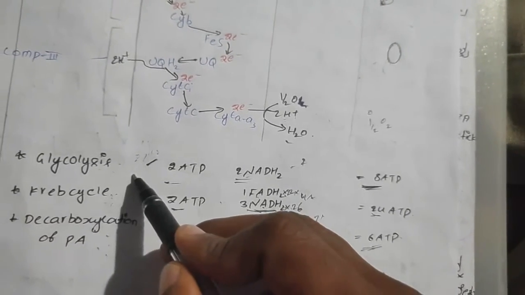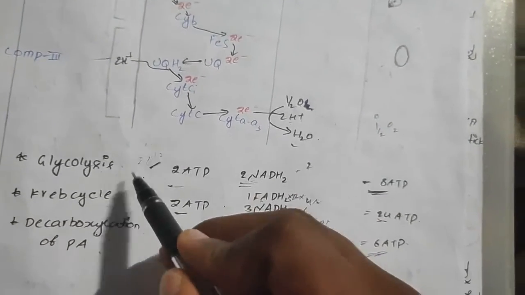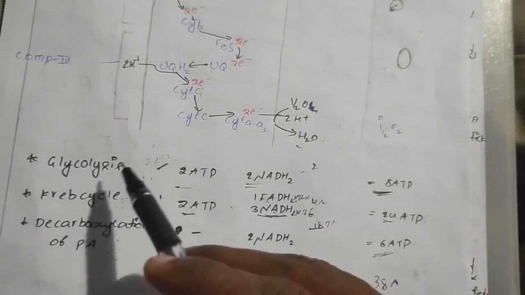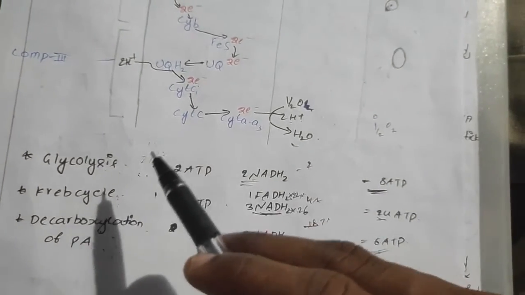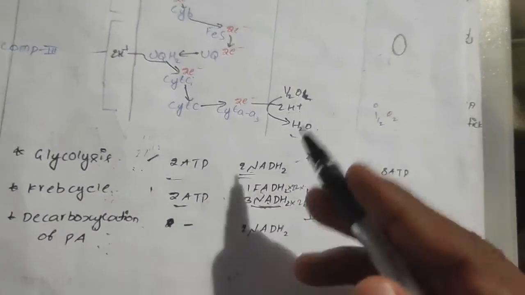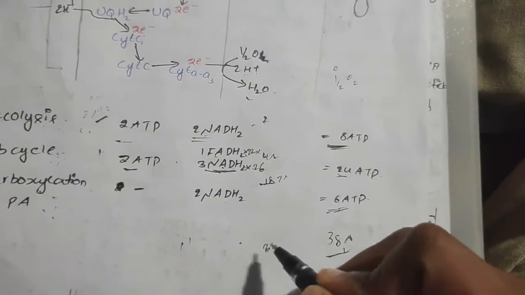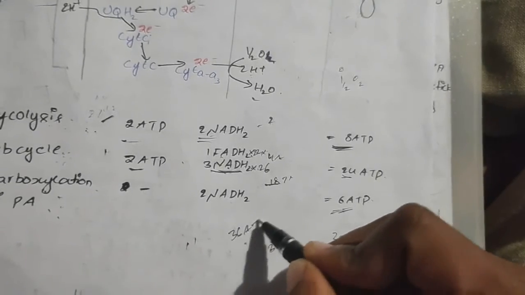In glycolysis, which takes place in the cytoplasm, we are getting 2 molecules of NADH2, and these 2 molecules of NADH2 should enter into the mitochondria. NADH2 is impermeable to the mitochondria, so to pump this we should invest energy, and that is ATP. For pumping the 2 molecules of NADH2 produced from glycolysis into the mitochondria, we give 2 ATPs, and that ATP should be removed. Therefore, out of 38, we should remove 2 ATPs, and finally we get 36 ATPs.